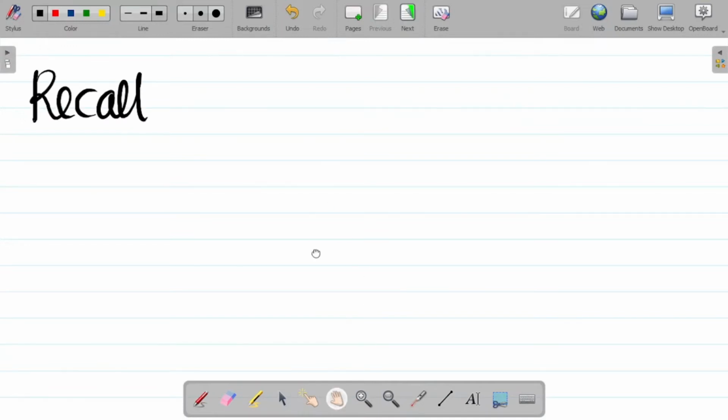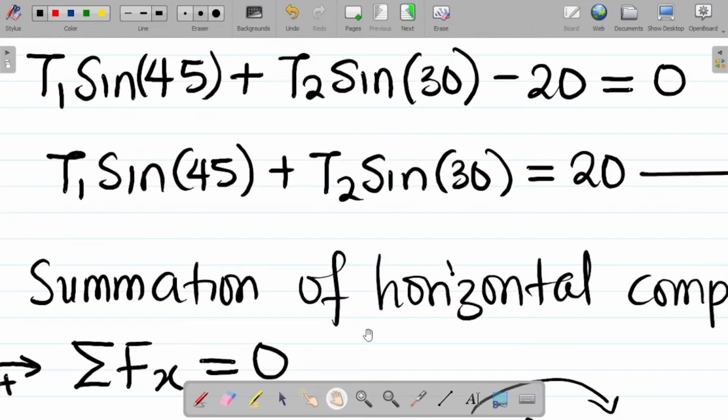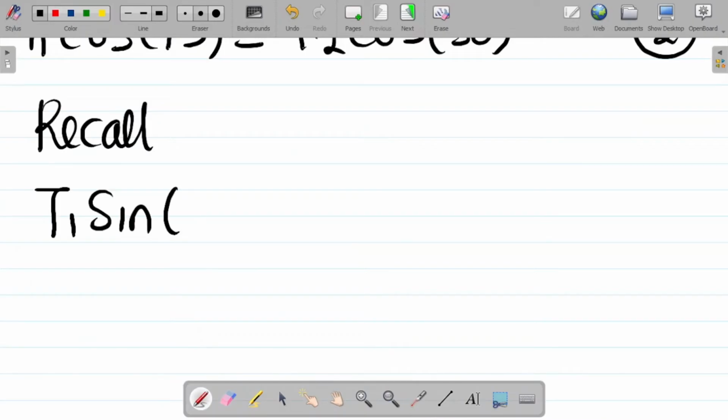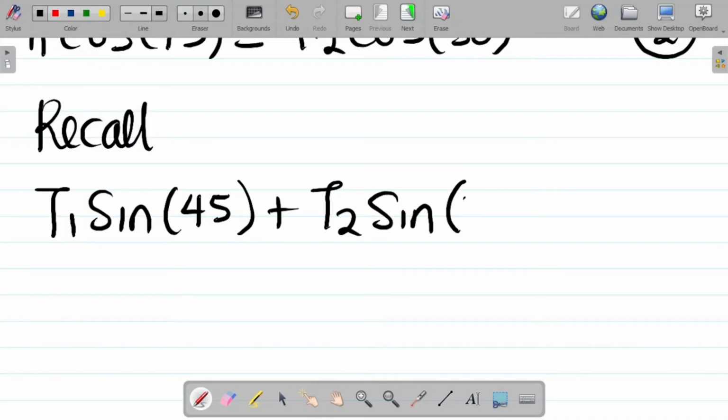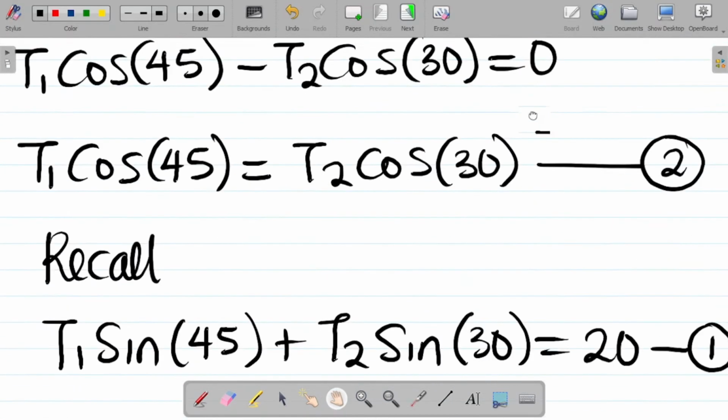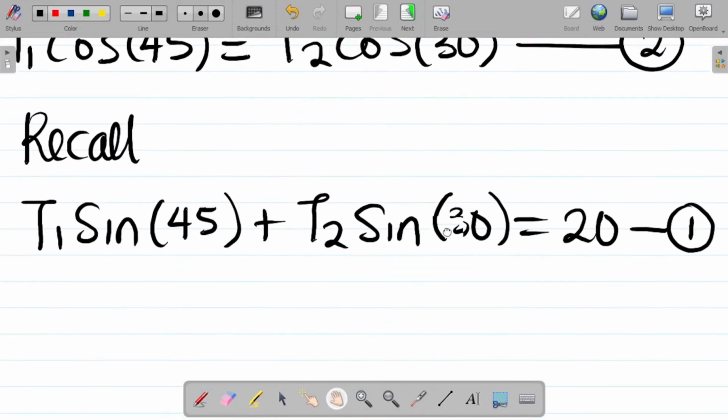Record that equation 1 gives us T1 sine 45 plus T2 sine, I think that was 30, is equal to 20. This is equation 1: T1 sine 45 plus T2 sine 30 equals 20. Okay, equation 2, we have that